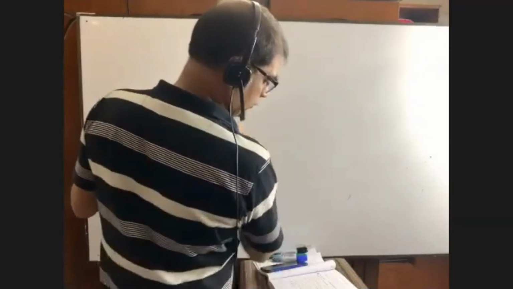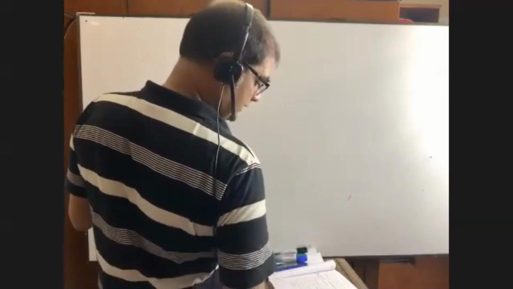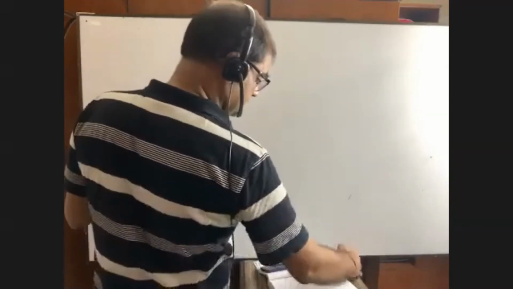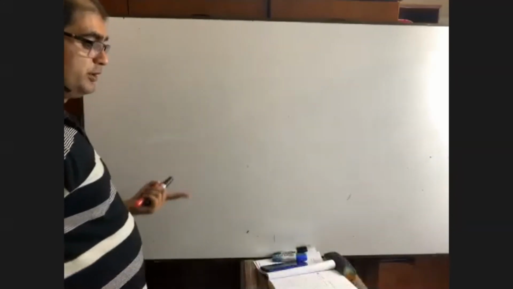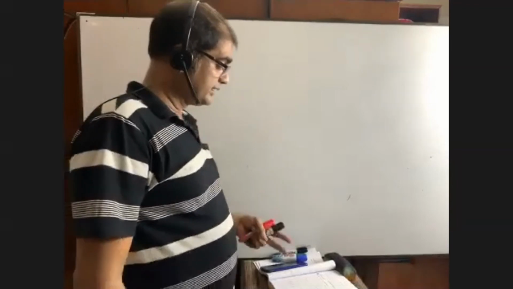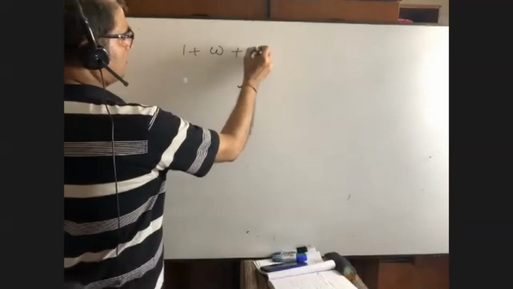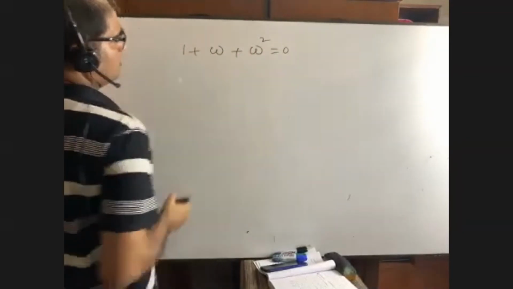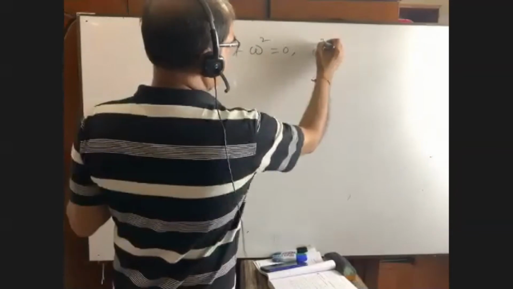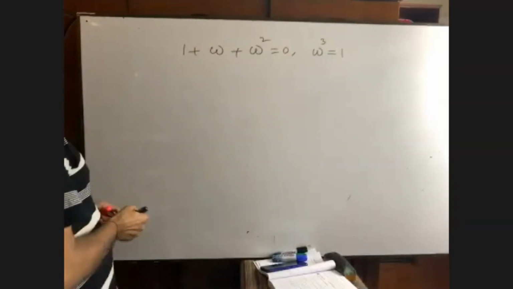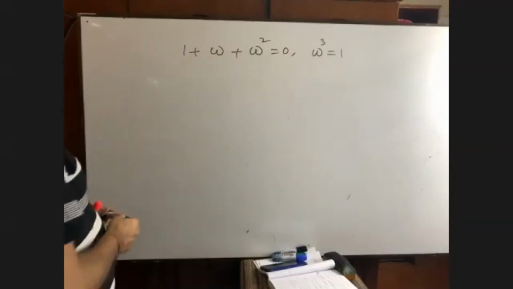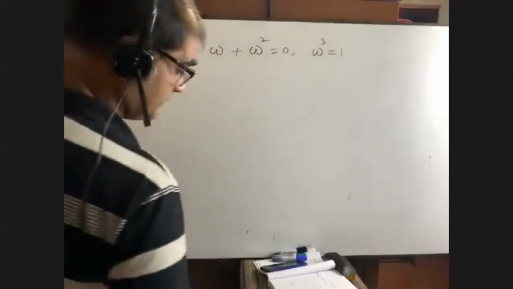Now I am going to do some maths here, and we have too many maths on this. But the interesting fact is that what I am going to show you is in the second paper. But for doing some maths, we must know something. Please try to understand. 1 plus omega plus omega square is equal to 0, and omega cube equals 1. Do you know this? And what is omega? Can you please tell me what is omega?